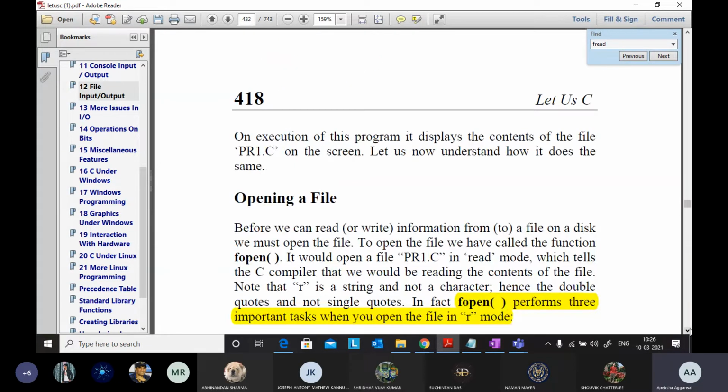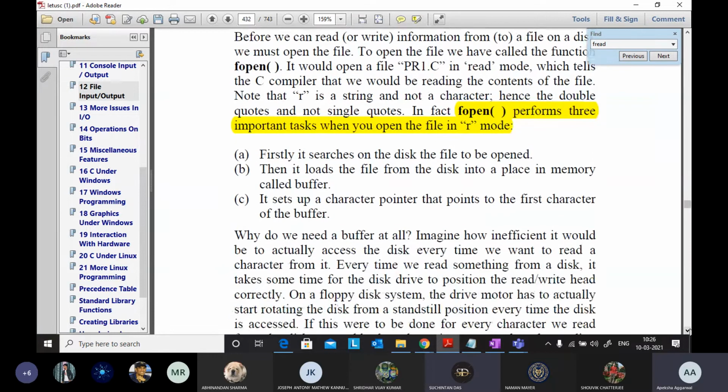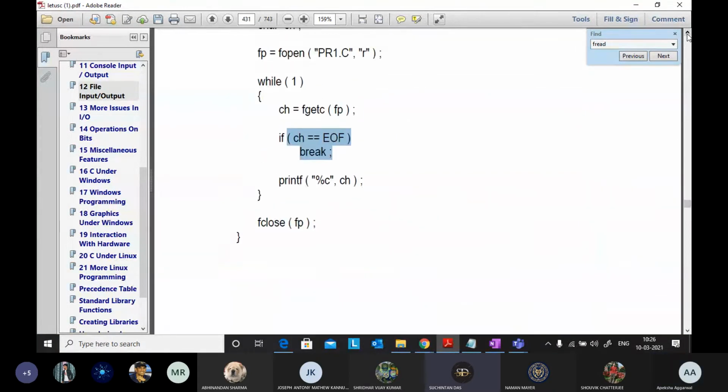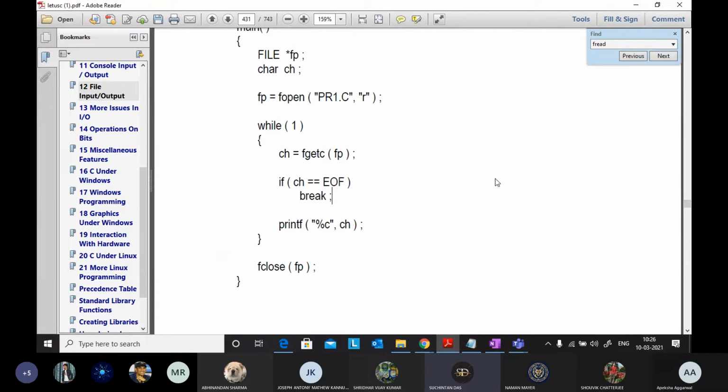Now let's open. Ma'am, I had one doubt in that program. Like if a text file has 3 to 4 lines and I want to only read the fourth line, how can I achieve that? Yeah, so for that you have to search for fseek, SEEK_SET and SEEK_CUR are there. I will tell you later, today itself I'll tell you how you can use those.